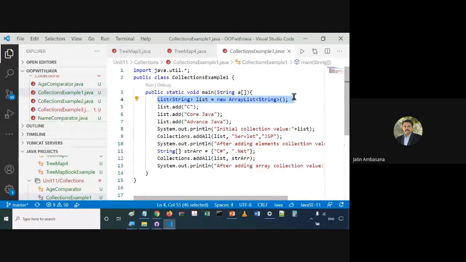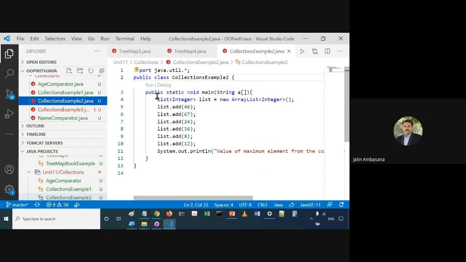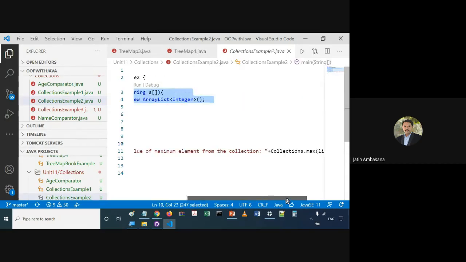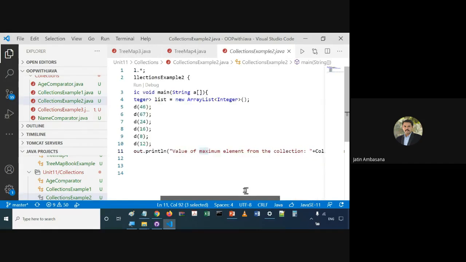Create an ArrayList, add some values, you can add some other objects to it, and you can add an array of strings to it directly. Similarly you have another class where you have a list of integers, and you can simply say max, which gives the max value out of it. So there are lots of utility methods that you can explore in the Collections class.